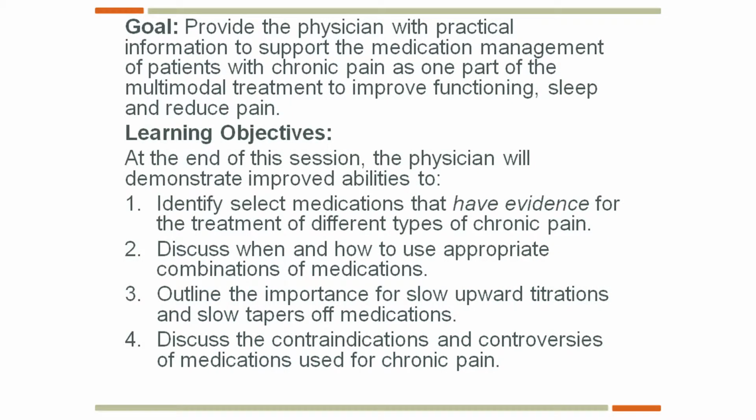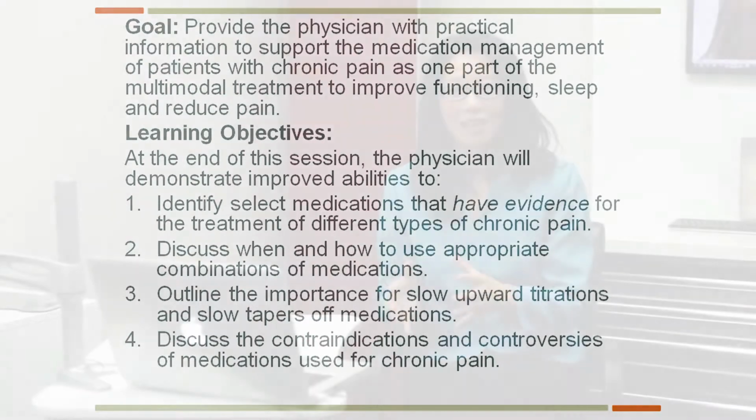So we're hoping that you're going to draw from this talk just some basic principles around the medications that have the best evidence to date. So it's not going to be a comprehensive talk about every medication, but it is going to be highlighting the ones that are commonly used today. And then also to highlight the problems with the use of those medications in certain types of pain syndromes that have been studied, and finally any controversies that have been raised in the literature so far. In these medications, I won't be addressing the opioids because that will be addressed in another talk.